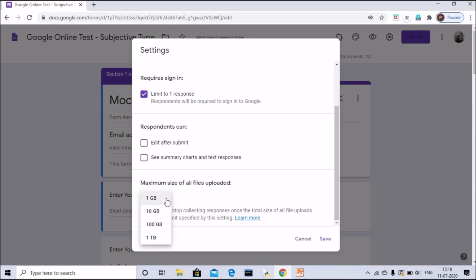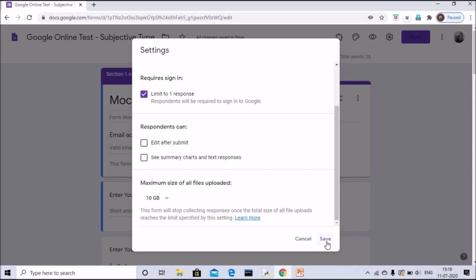So if you have multiple image questions in your paper, then I suggest you keep it at least 10 GB. If it is just one short question, then I think 1 GB will also suffice. Now please remember, from Google we have got 15 GB of free memory space. After that we have to either upgrade our space plan by paying a little more, right? So even if you set 10 GB and it is not utilized, your memory space will still be intact. So on the safer side, keep it to 10 GB, although 1 GB itself is a big space. So if it is just one question, 1 GB suffices, right?